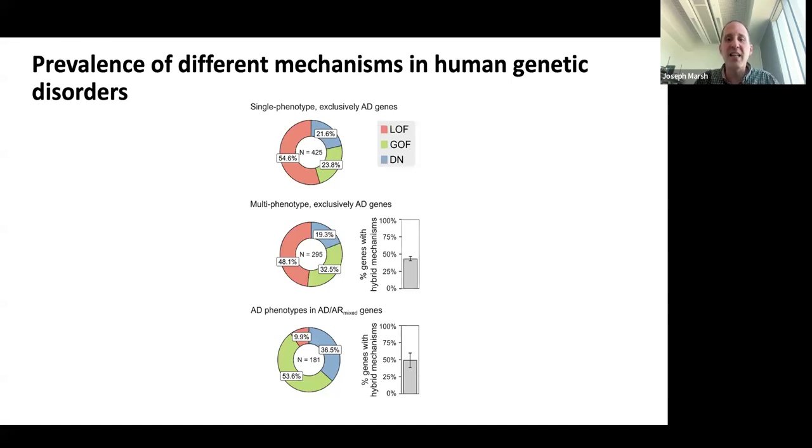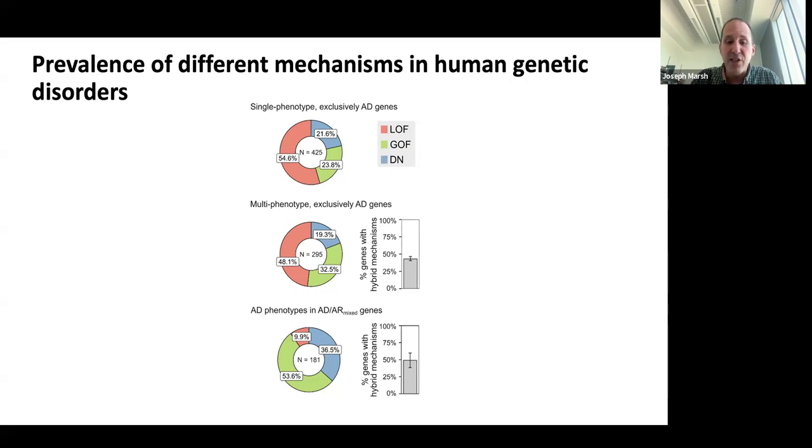And what it's allowed us to do then is actually make some estimates for the prevalence of these different disease mechanisms across human disease genes. What we find, which is really interesting, I think, is that in human dominant disease genes, which is what we're most interested in, about half of mechanisms are loss of function, but together, another half are due to these dominant negative and gain of function effects, which have really been neglected a lot. People are almost always just thinking about these loss of function impacts. So it suggests that thinking about these alternate gain of function and dominant negative impacts is really important.